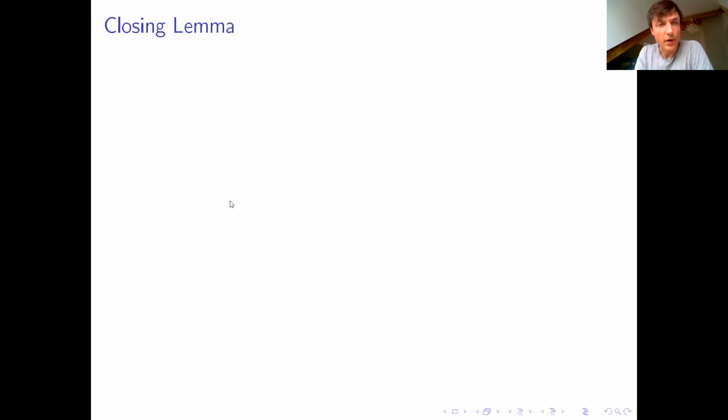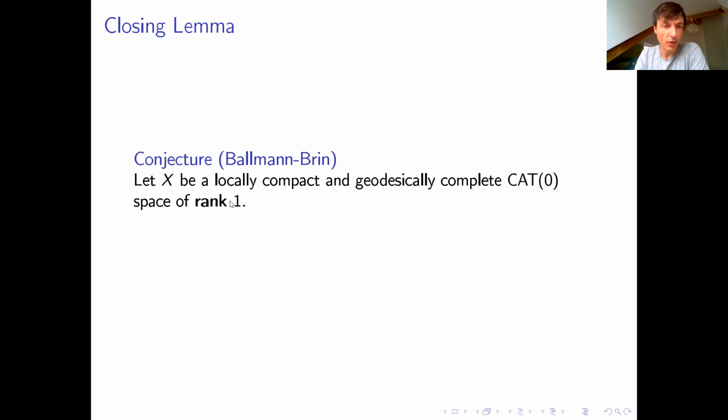This is called the closing lemma, and it will be clear why in a second. Again, in the same paper, they conjecture the following thing. If you have a locally compact and geodesically complete CAT(0) space, and this time of rank 1, so that means there is a geodesic which does not lie in a 2-flat, then again you need the same symmetry assumption. Suppose there's a geometric group action, then